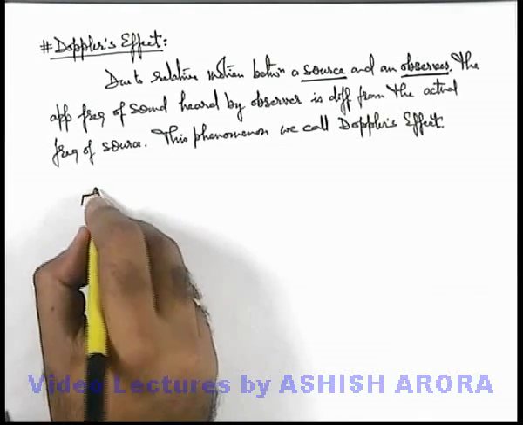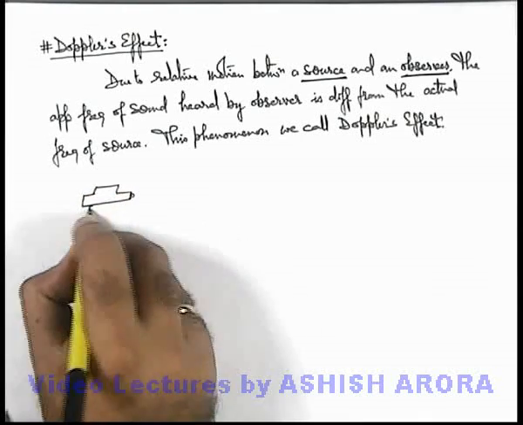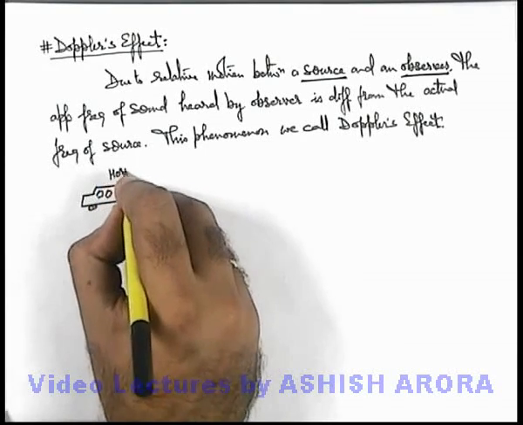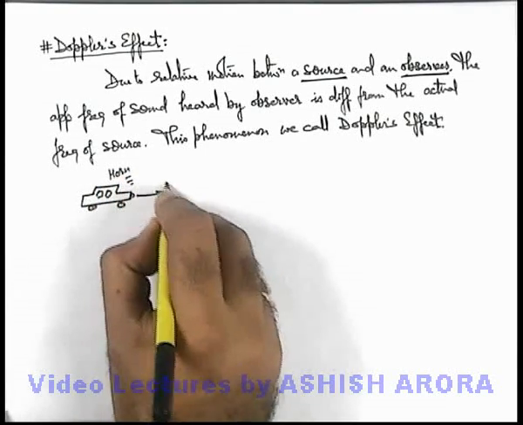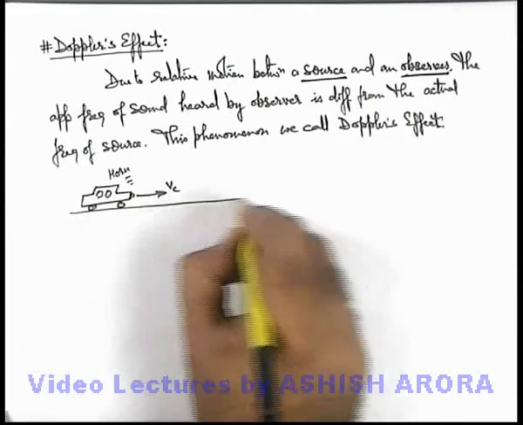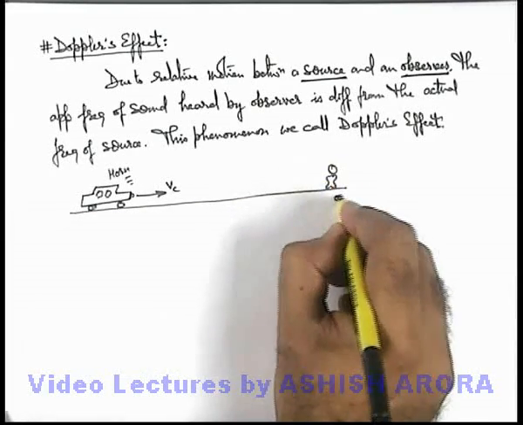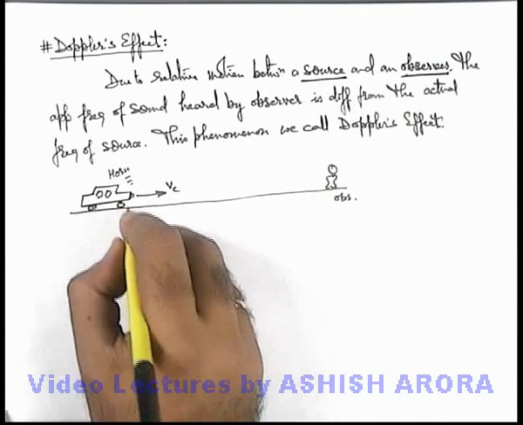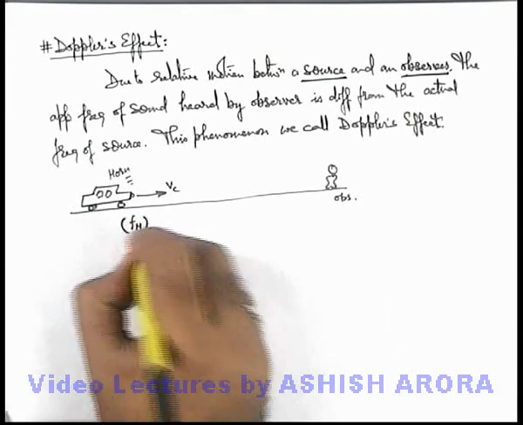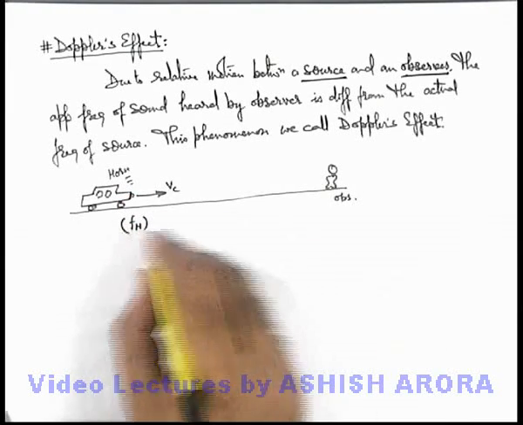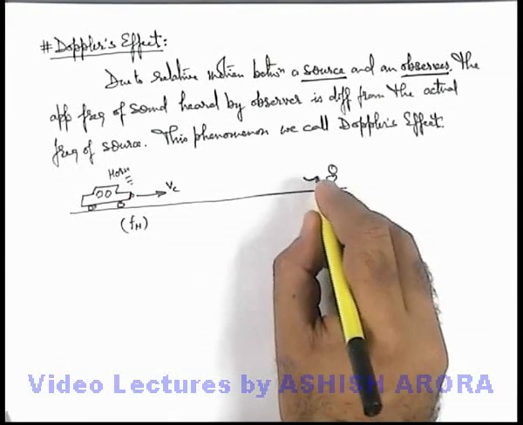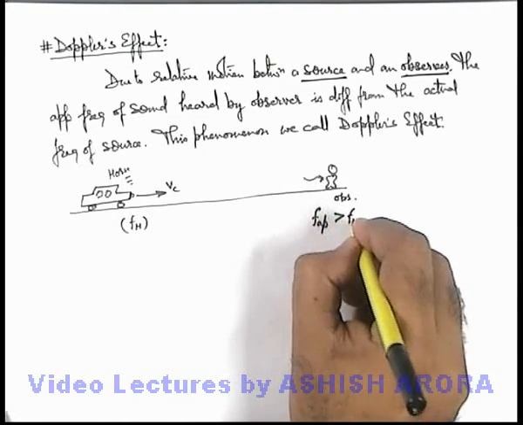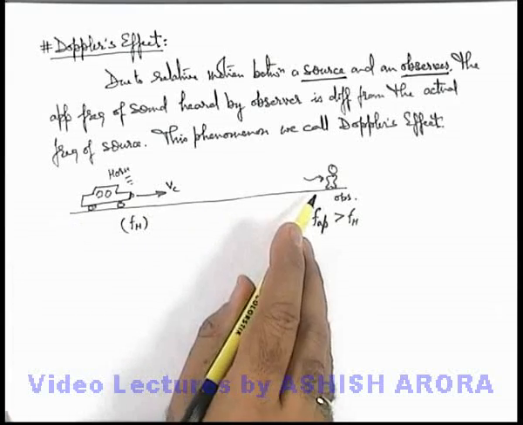Like for example, we are given with a car and say this car is sounding a horn and it is moving with a speed say Vc, and in front of the car on the road there is an observer. Then the frequency which is emitted by the car is say Fh. This is the frequency of horn which is produced by the car, but the frequency which it will receive is termed as F apparent, and it is certainly more than Fh if the source is moving towards the observer, and